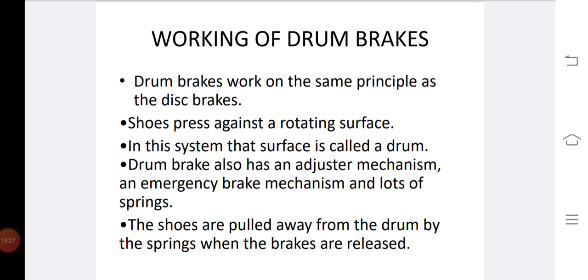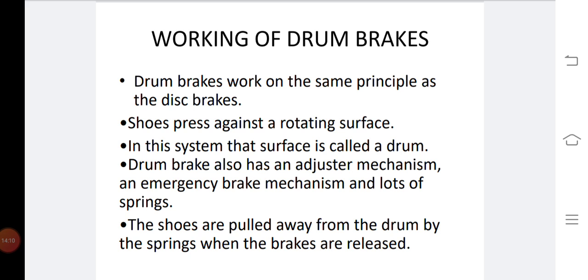An interlinking pipe fitted behind the back plate provides equal hydraulic pressure to each single acting cylinder. The cylinder housing acts as a shoe anchor for the floating shoes, and the cylinders are rigidly fixed to the back plate. So these are the two leading types of drum brakes, and one is one leading and one trailing, and another is the two leading shoe type of drum brake.